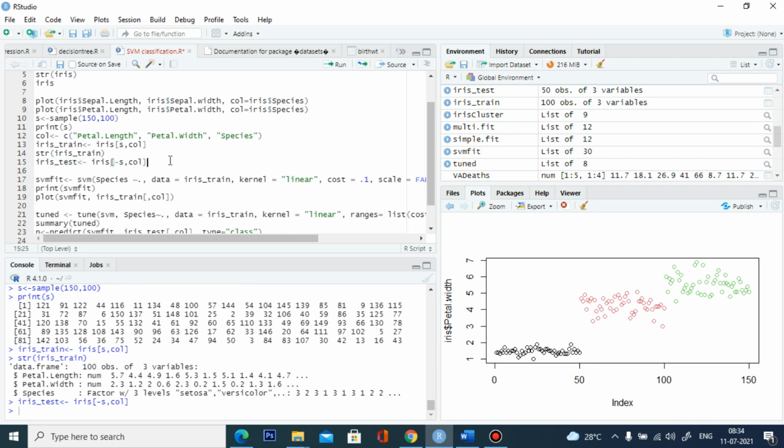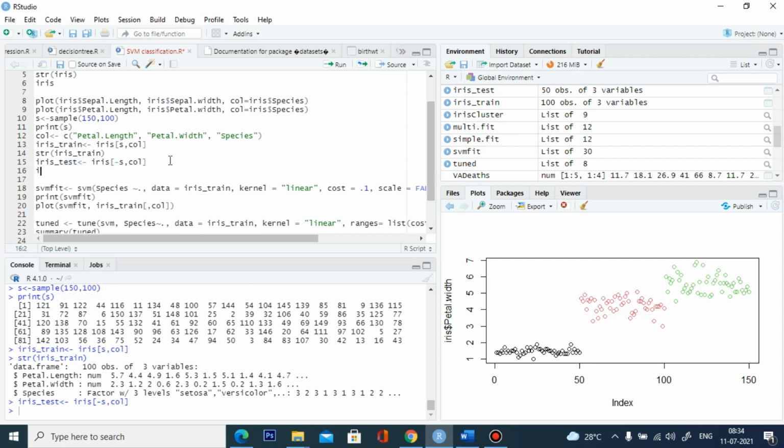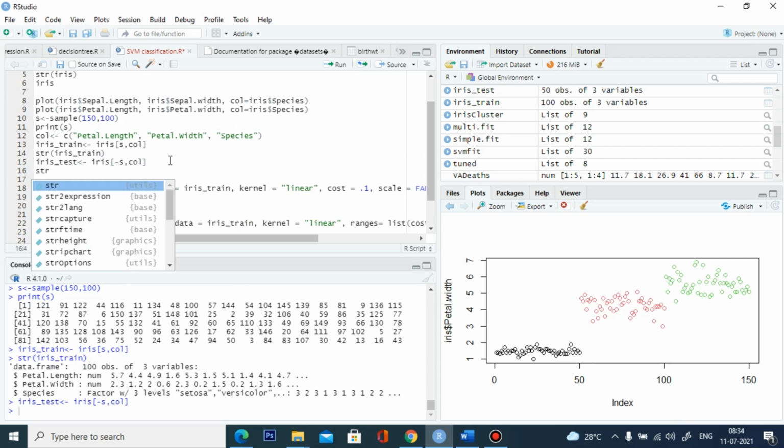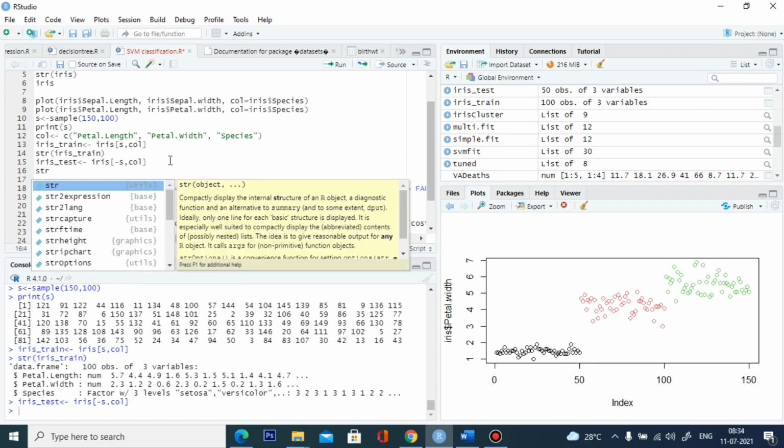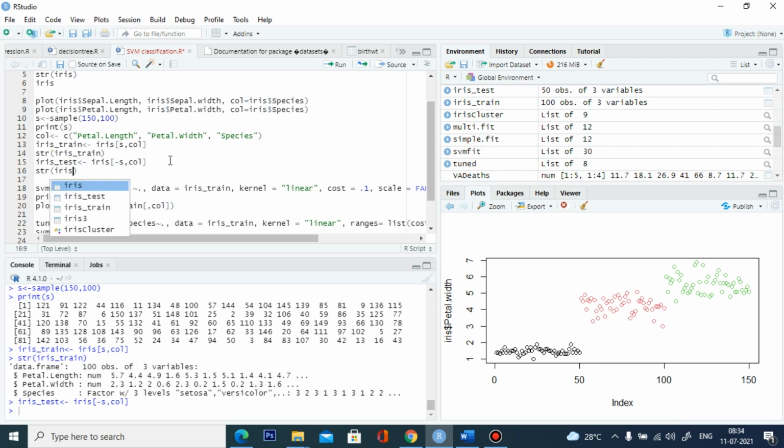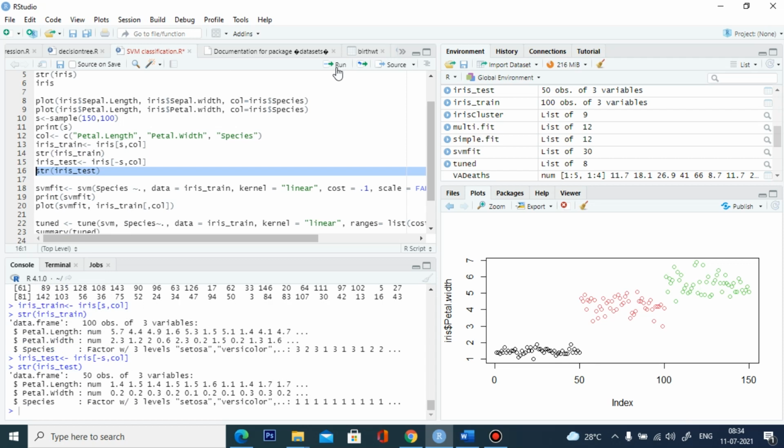I will give you the structure of the iris test, sorry, str, iris test. Here we have the same structure, but only 50 observations. So we have set the training set as well as the testing set.